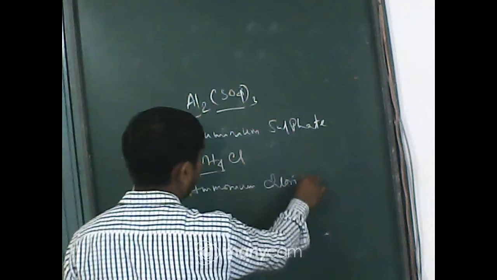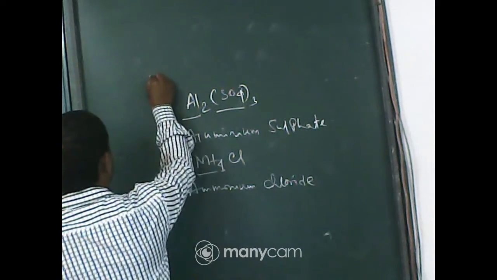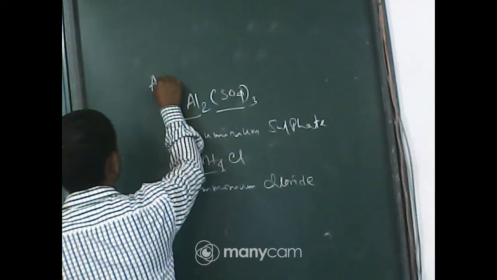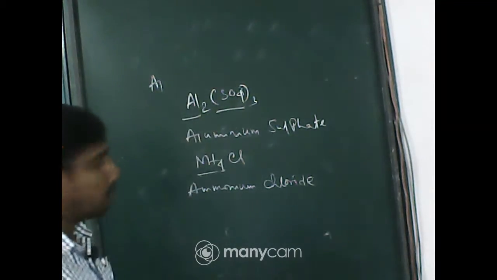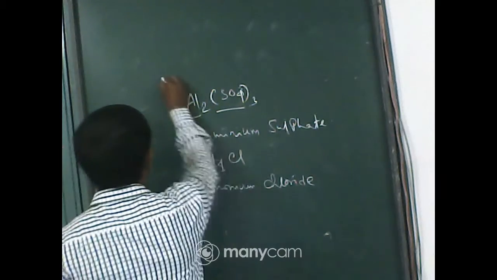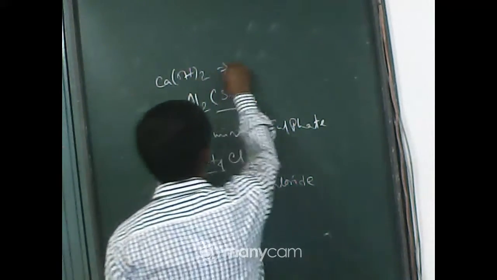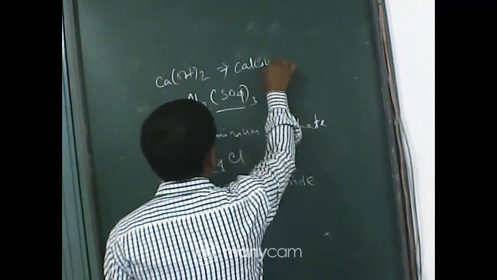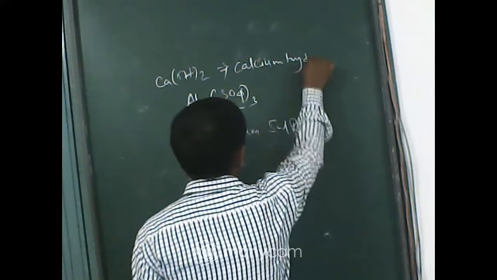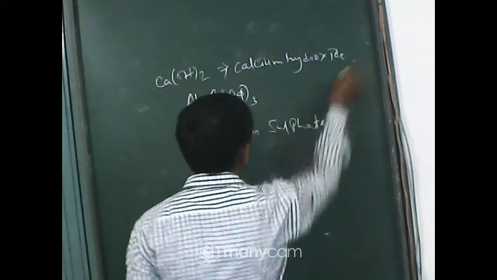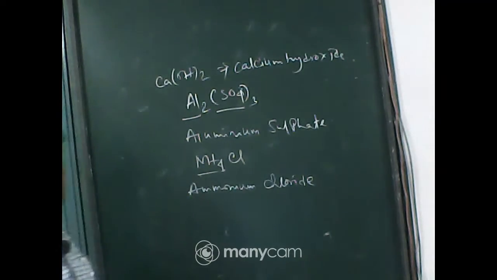It is not ammonium chlorine. Okay. Another one, that is Al, delete it, calcium. This is calcium hydroxide. So from name to the formula, and